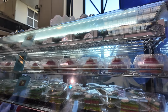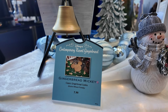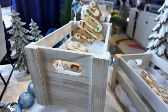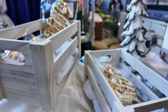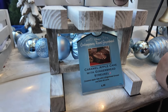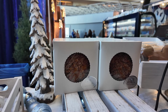They look amazing. So they do have a gingerbread Mickey, but that does not have the chocolate ears like the one I had. Then they also have a house-made Christmas tree butter cookie. I think I see what I'm having. Then they also have this caramel apple bread with gingerbread streusel. That looks amazing. I'm not going to get that today, but my goodness, that sounds